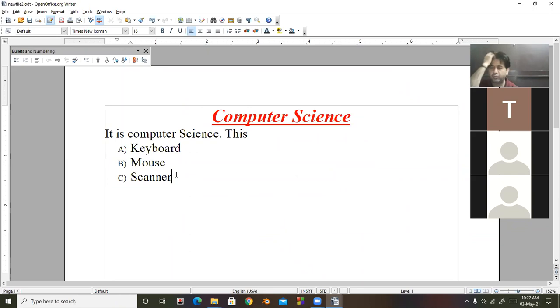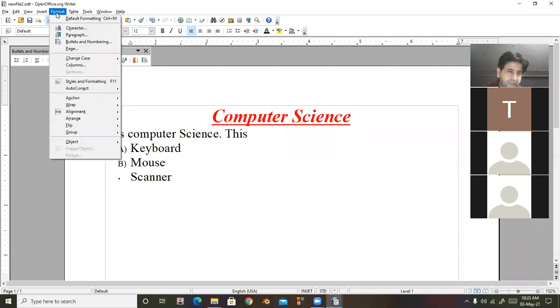It means there are two methods to apply bullet and numbering. One is the numbering on/off and bulleted on/off buttons available in the formatting toolbar. The second way is in the format menu, there is a bullet and numbering option.